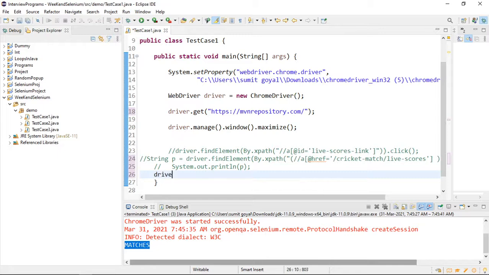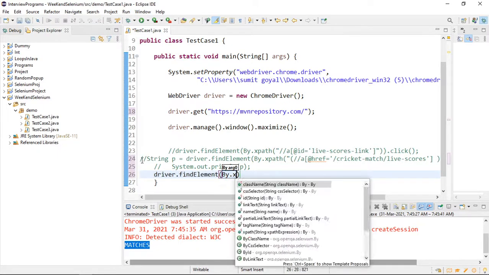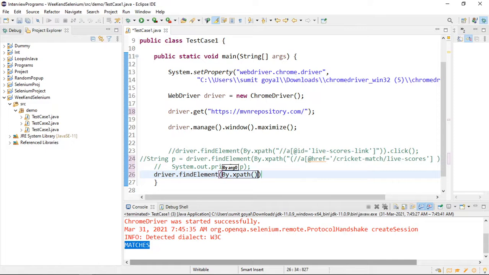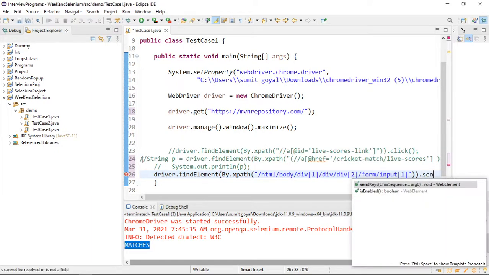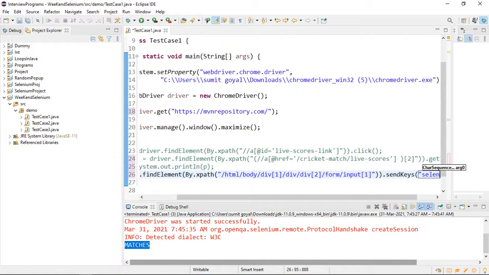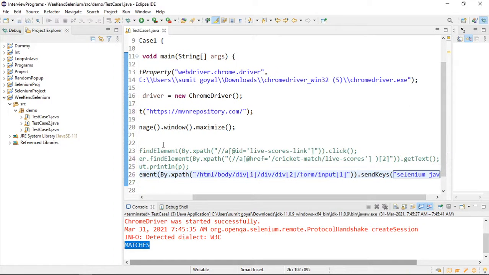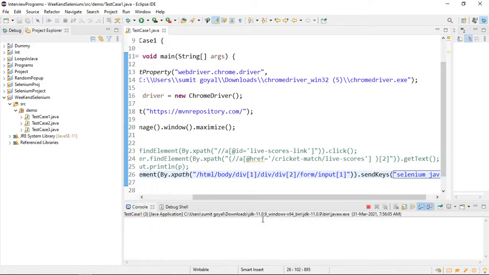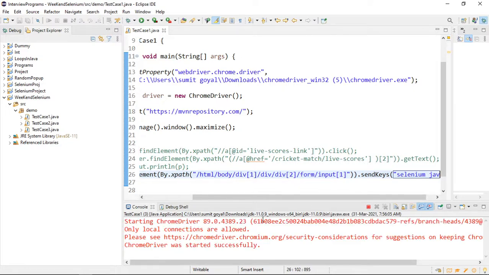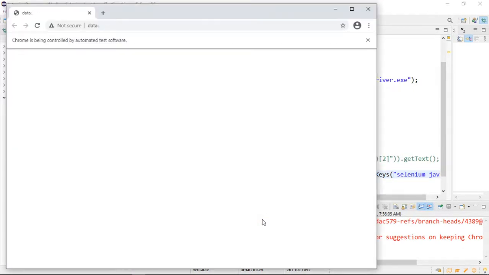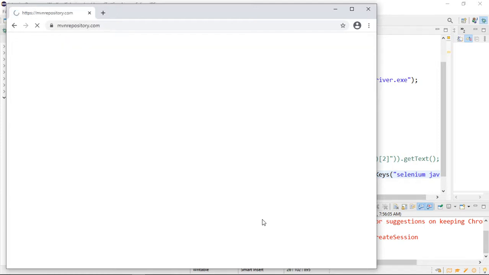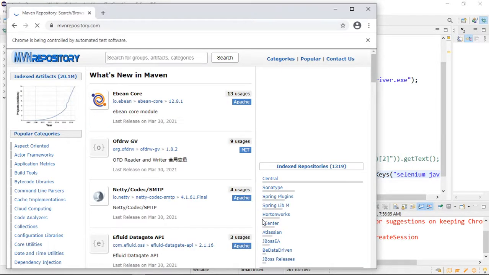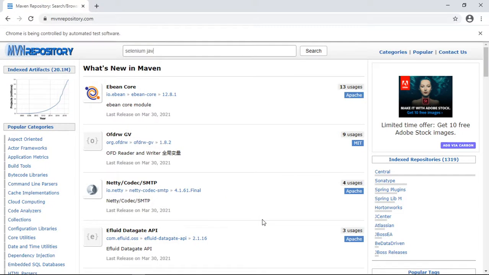I will write driver dot find element by dot xpath. The syntax will be the same for absolute and relative. Provide the xpath and just say send keys as it is a text box. I will write some data like Selenium, Java, and if I run this, it should enter Selenium Java.